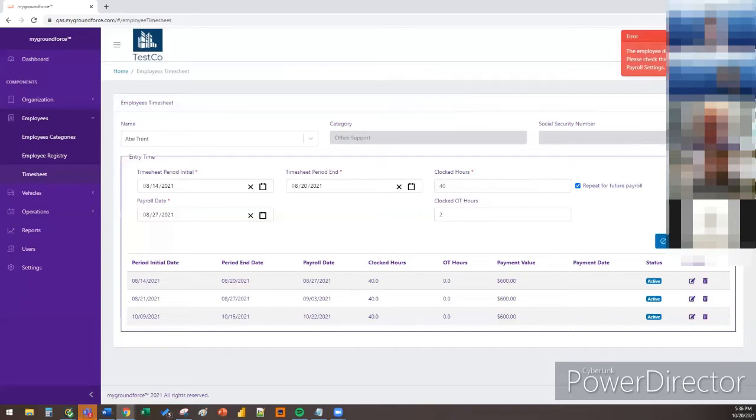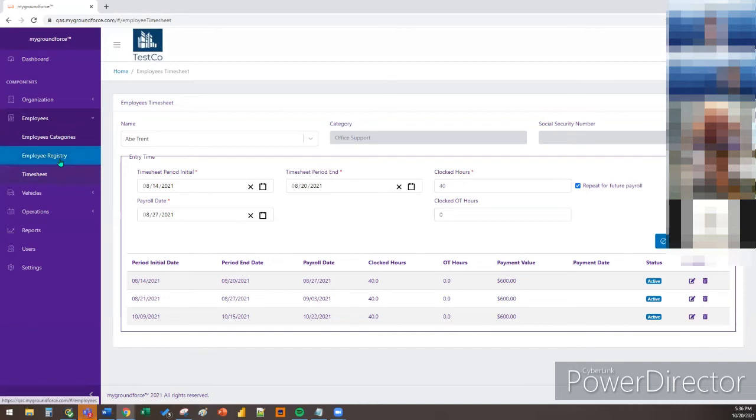Okay, so Tim, this employee has not set up an overtime rate. For our non-driver employees, if you pay the employee overtime hours and you have that overtime rate, you have to put that on the employee registry. Right, this employee is a non-driver, so that's why if you put in here, the system is going to say that. So to change that, we have to go in the employee registry